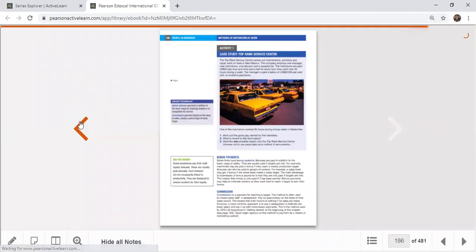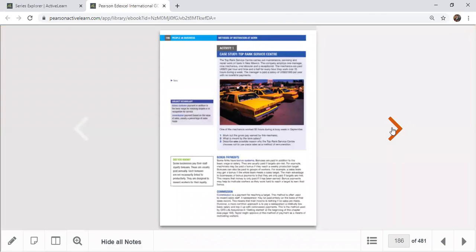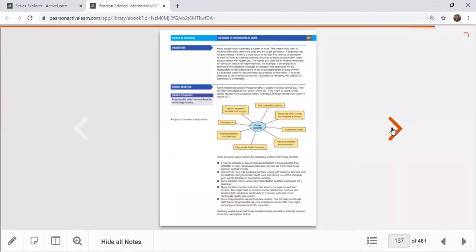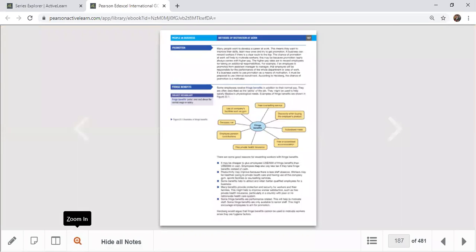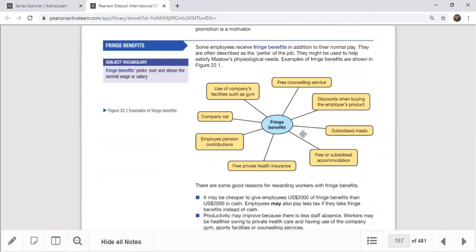So today I will recap what we discussed. In the second session of financial motivation, we talked about performance-related pay, starting from bonus payment. We talked about commissions, and we talked about fringe benefits today. Don't forget, fringe benefits are also a financial method, because organizations have to pay something for the workers. But sometimes they are argued to be non-financial because they are perks, paid over and above the normal wage or salary.